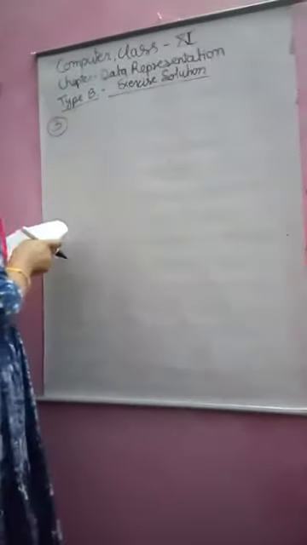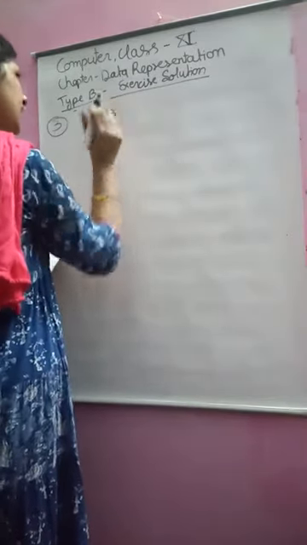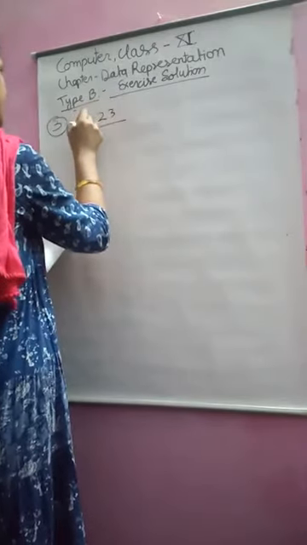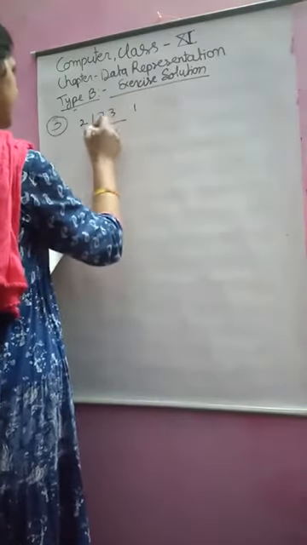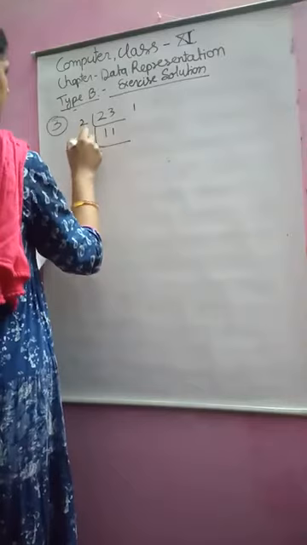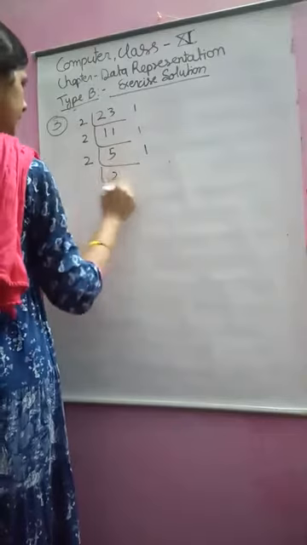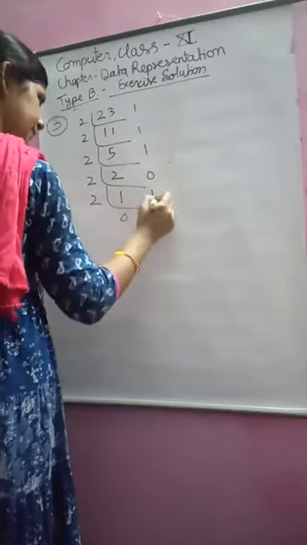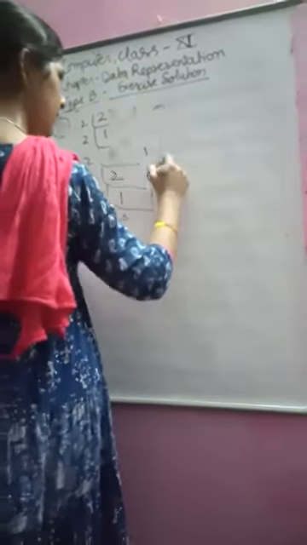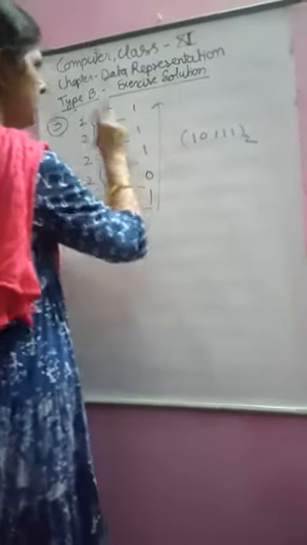Convert the following decimal number to binary. I will take 23, a short one. Divide 23. Decimal को binary में convert करना है. ये जाएगा आपका 11 times 1 remainder. ये जाएगा 5 times 1 remainder. ये जाएगा 2 times 1 remainder. 1 times 0 remainder. And 0 times 1 remainder. Take the division here, it is 10111. It is 10111 in binary, equivalent to 23.